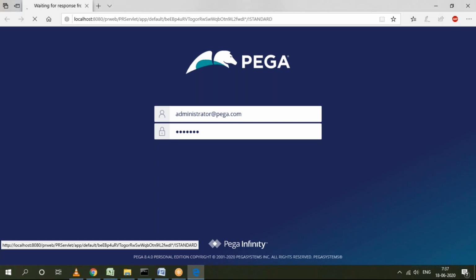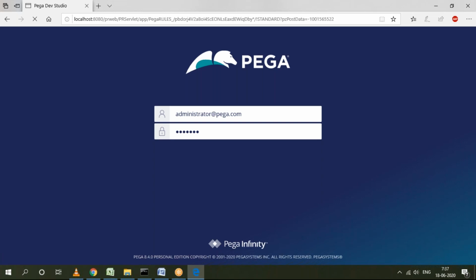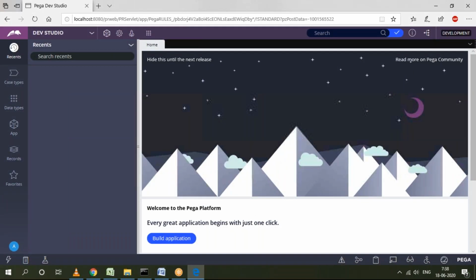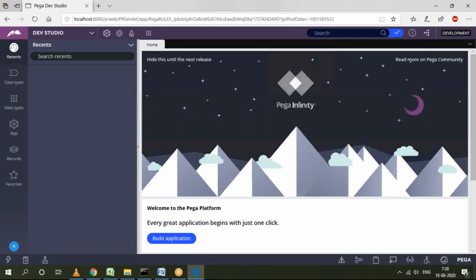Remember, initially after installation, the application will be slow for the first few days, at least the first 4 or 5 days. When you open the application or use any features inside the Pega application, it will be somewhat slow. But after a few days in your system, it will be fast. So no need to worry. After some 4 or 5 days in your system, it will be fast.